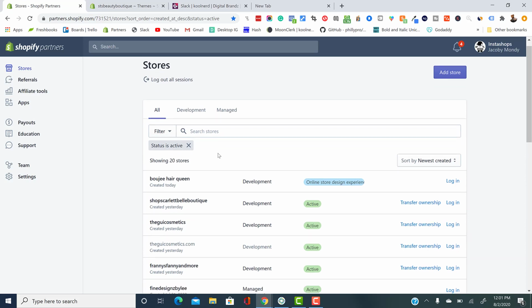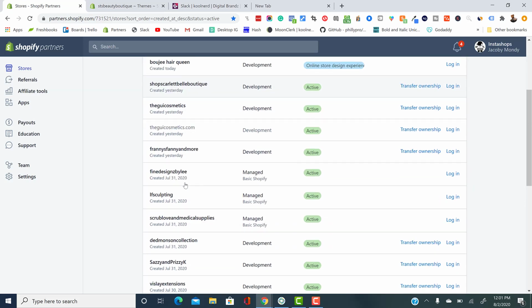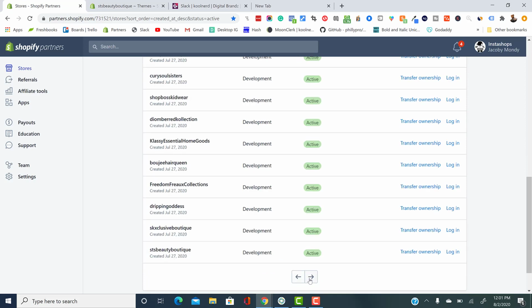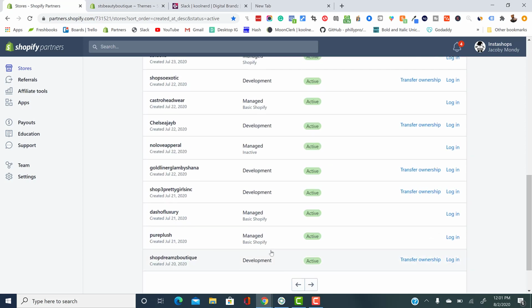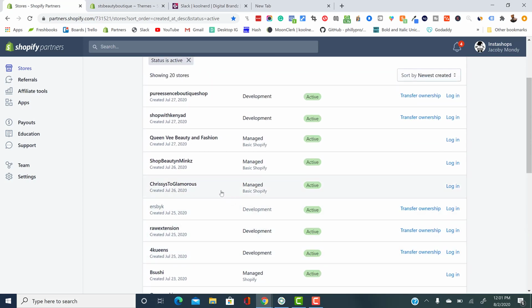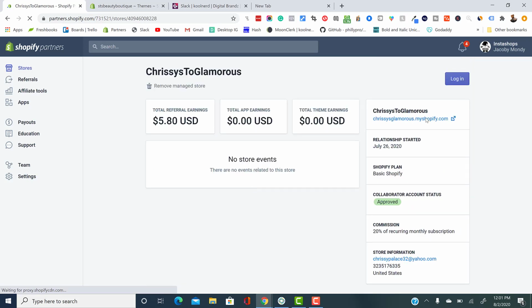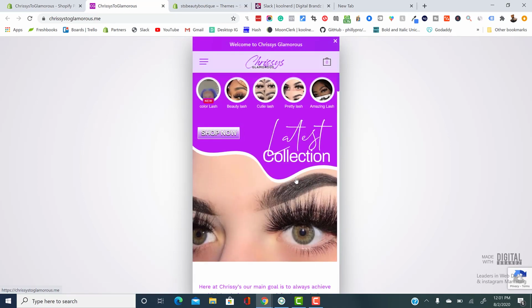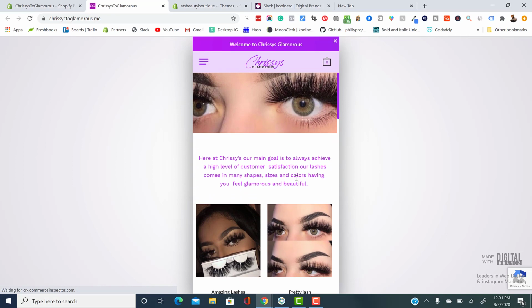Now all these new stores that you see, like the last two pages, they already have the new code, but starting on the third page, we're going to start at Chrissy 2 Glamorous. Chrissy 2 Glamorous has the bug. So if I click it on my computer, it looks fine. Like you can't tell that it has the bug. You know, it still looks okay. But if I was to go to this website from my phone, it would look like